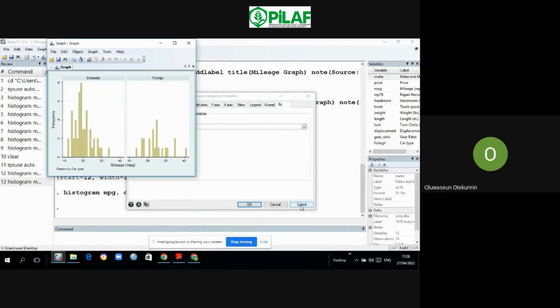See what we have now. We have domestic, we have foreign. The histogram for domestic, the histogram for foreign. So another thing that we can do to get a better understanding is to rearrange these two histograms. We try to bring the foreign under the domestic so that we can easily see what is actually happening there. So to do that now,